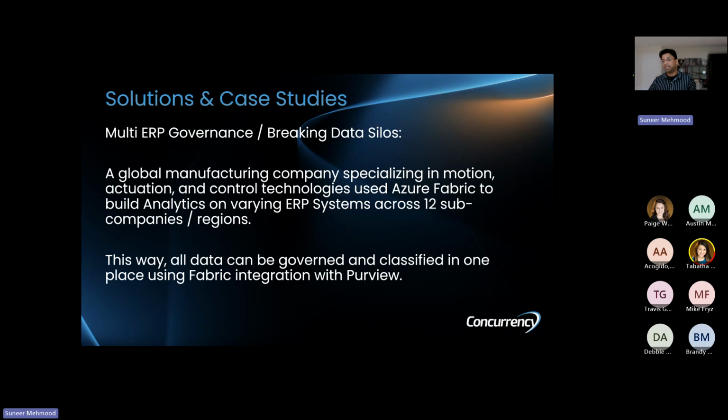So we are building the analytics layer, and since governance is baked into the solution, which is Fabric, it will be used very well and provide a lot of advantage going into the predictive realm, the generative realm, and so on and so forth, even though they have not merged the processes and ERP systems across these different companies.